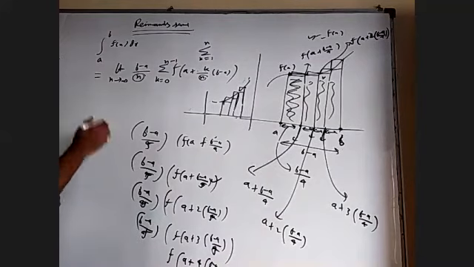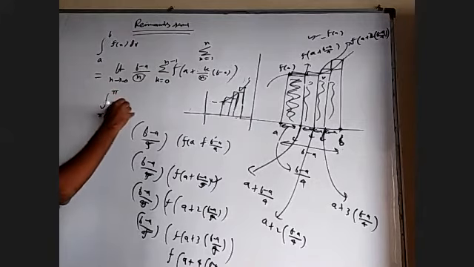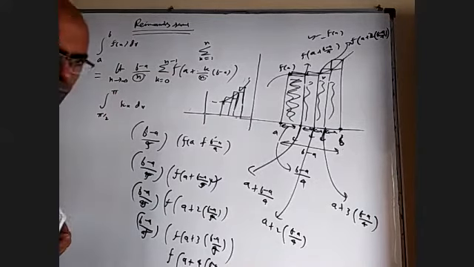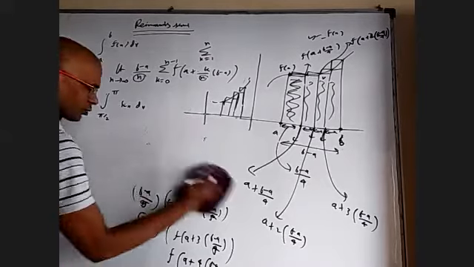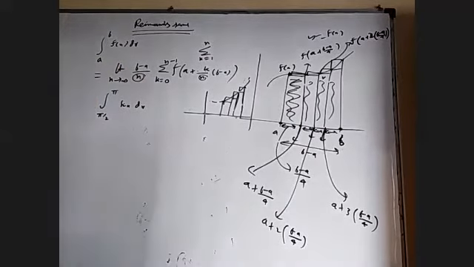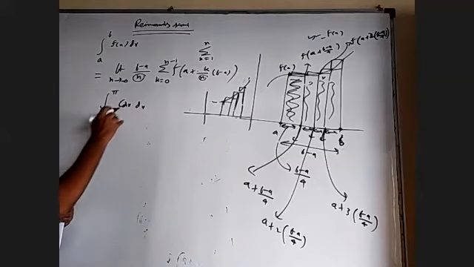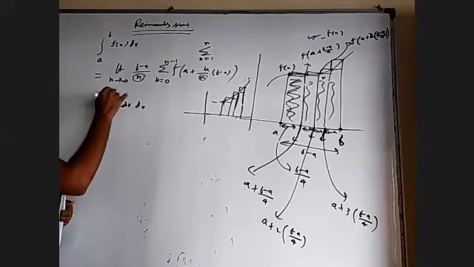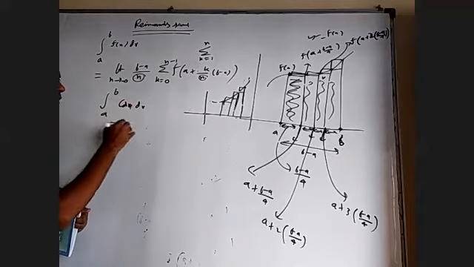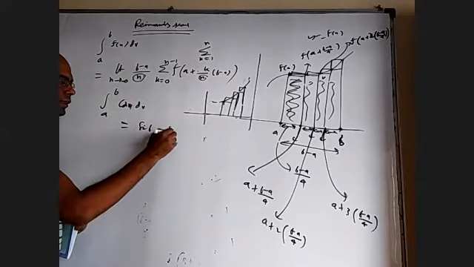And for example, if somebody wants integral pi by 2 to pi of sin x dx, I'm not going to write all the detailed steps. I'm just going to show you. All of you know what the answer is for this. Let me take cos x otherwise. And don't even take pi by 2 to pi, take a to b. The answer for this, all of you know, is sin b minus sin a. Correct?